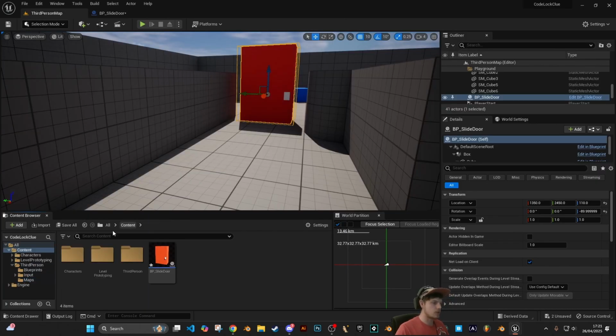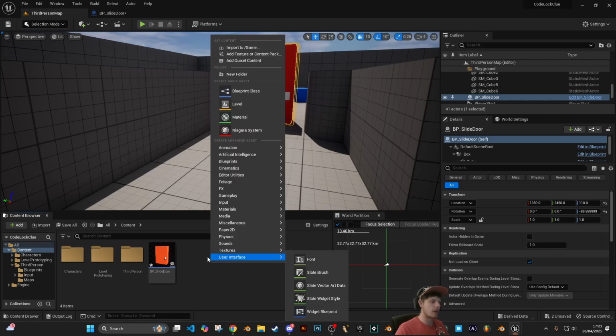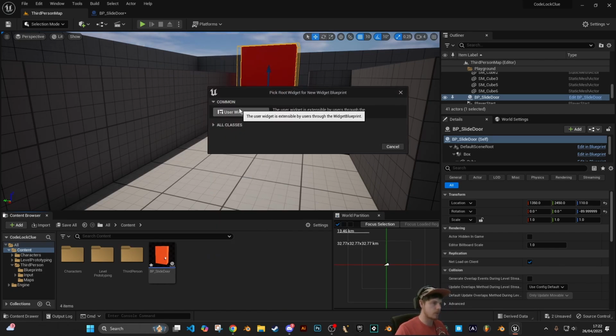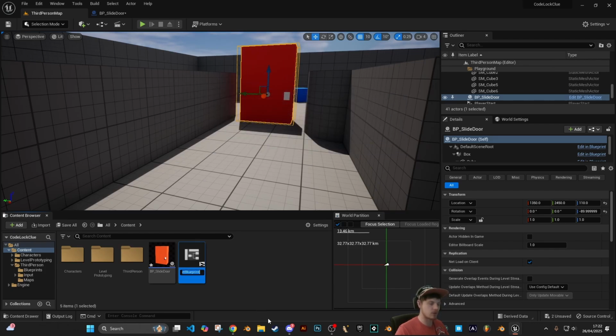Okay, so what I'm going to do is I'm going to go back and obviously please put each of these items in an appropriate folder. I'm just going to skip over that because I don't really have a place to put them. But everything related to each other, put it in the appropriate place. Don't just dump it in your content browser because your content browser becomes a mess real quick and it's not